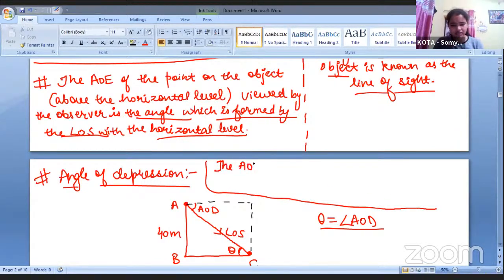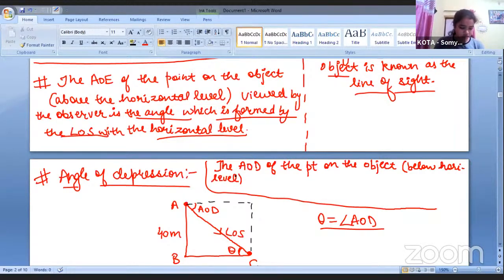The AOD of the point on the object below horizontal line. I'm just writing short forms, just make them large if you want. The angle of depression of the point on the object below horizontal level viewed by the observer